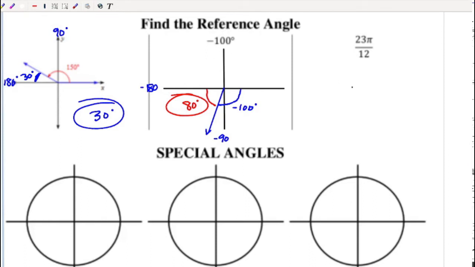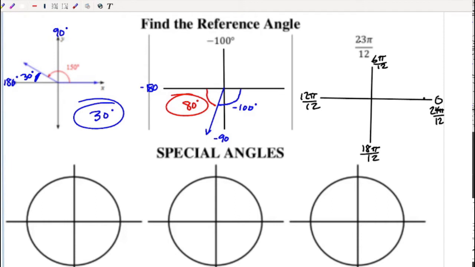And can we do this as well in radians? We sure can. And again, let's draw ourselves a set of axes to work with. And I need to figure out where 23 pi over 12 is going to be. So if I think about, okay, this is 0 pi over 12, this is pi over 2. Pi over 2 in terms of 12, this is going to be 6 pi over 12. This is going to be 12 pi over 12, so we got to keep going. This is going to be another 6. This is going to be 18 pi over 12, all the way up to 24 pi over 12, which would